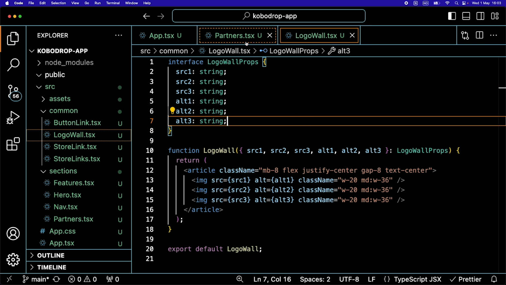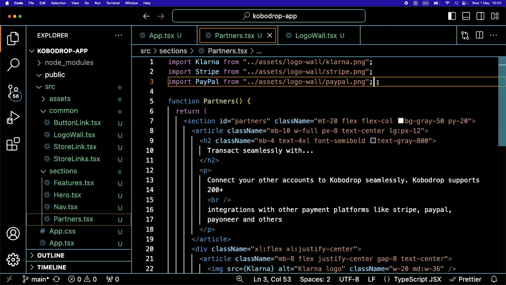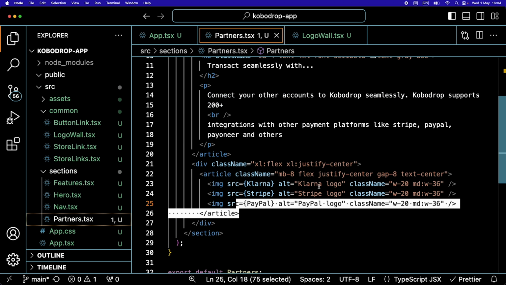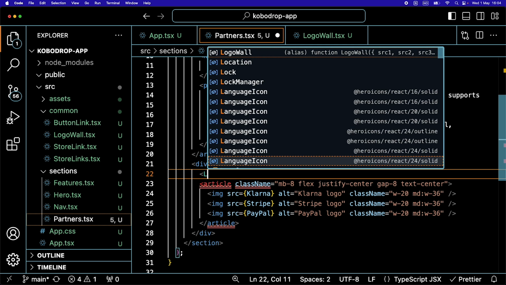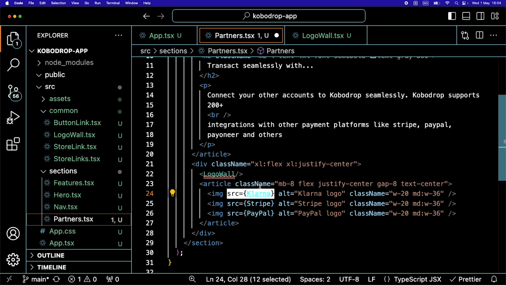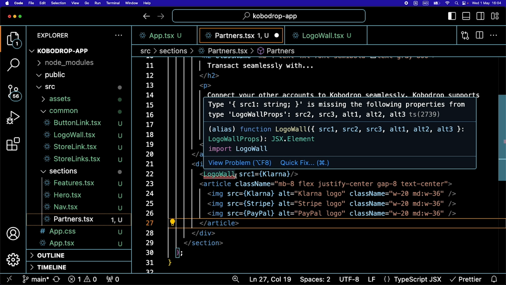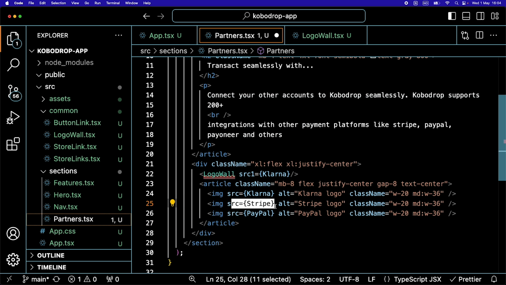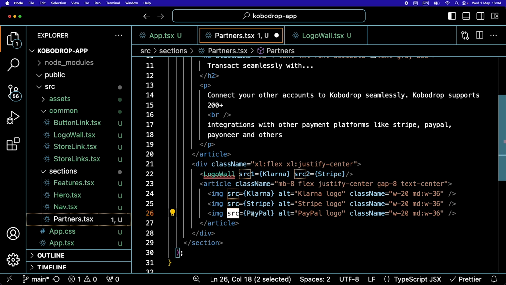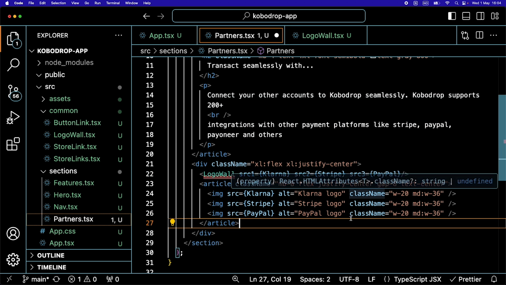Okay, now if we export this, we have exported it down here, and we import it up top, import LogoWall. Now we can add a LogoWall here, and we can give it the source of Klarna 1, source 2 of Stripe, source 3 of PayPal,